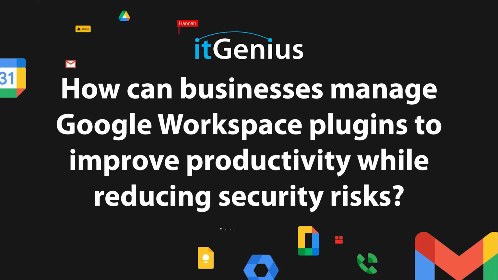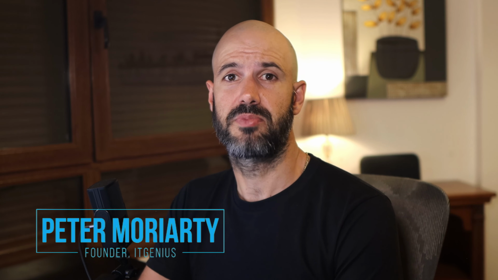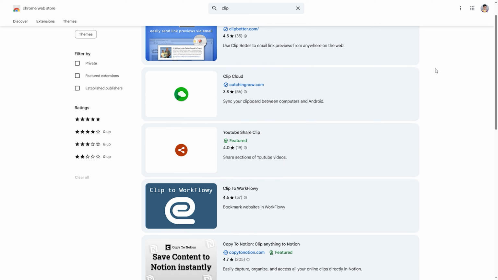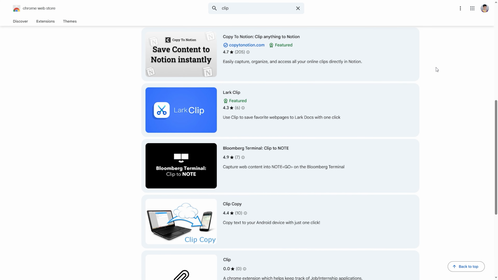How can businesses manage Google Workspace plugins to improve productivity while reducing security risks? If you're a business owner and you've got Google Workspace, but you're finding that your team are going nuts with installing plugins, add-ons, extensions, and you're starting to feel a bit of a loss of control of what's going on with your IT. Well, this is a very valid concern, and there's something that we in the IT world know